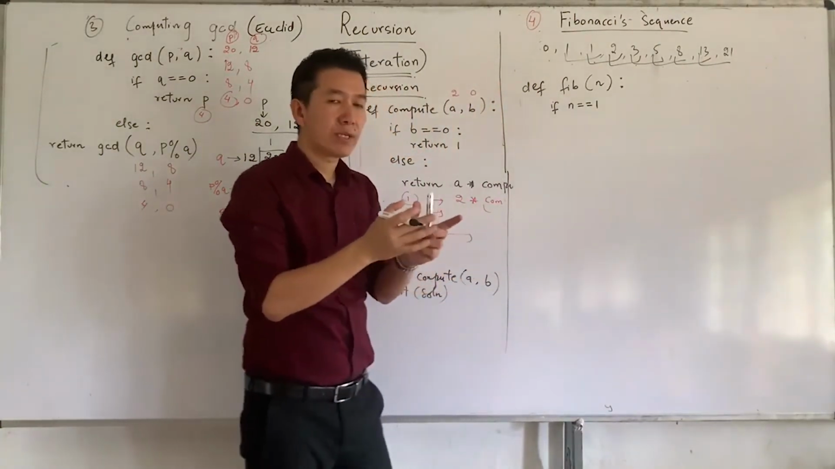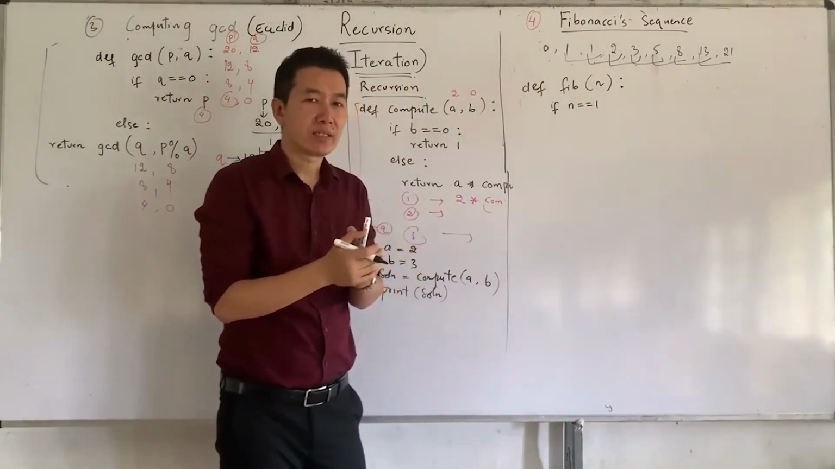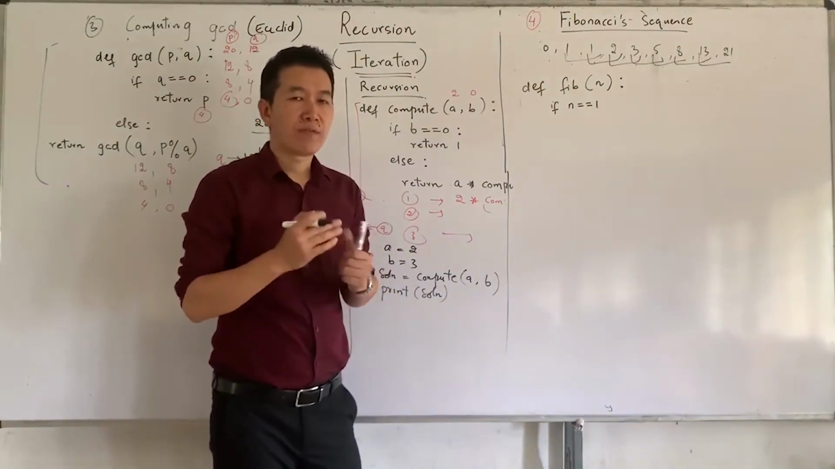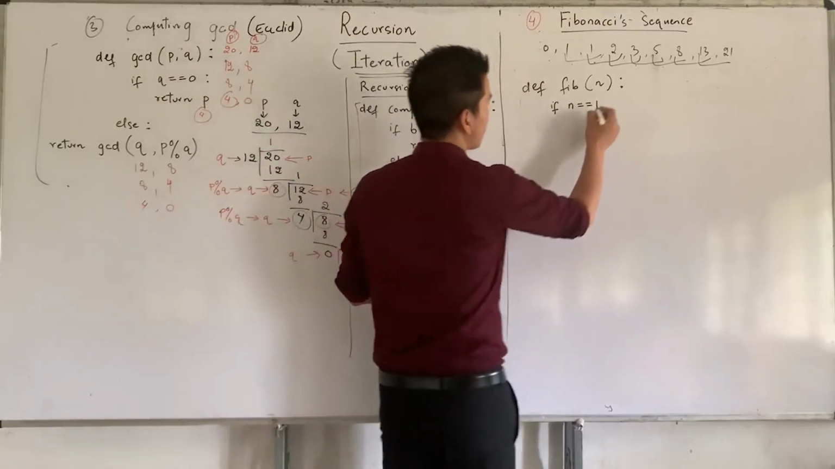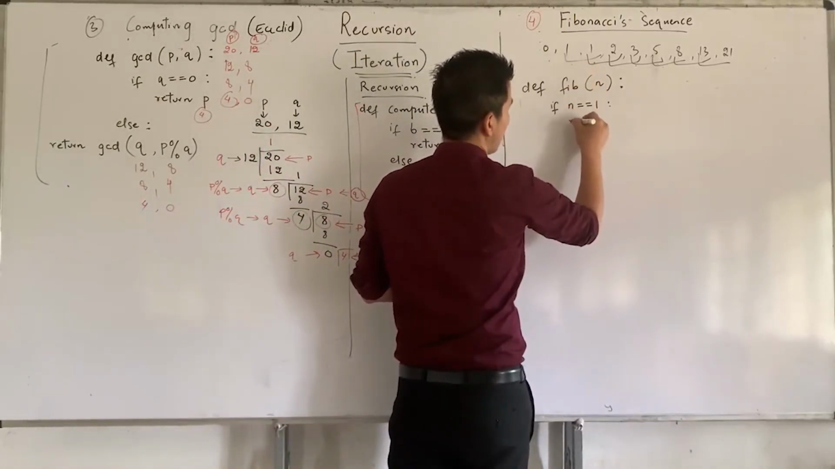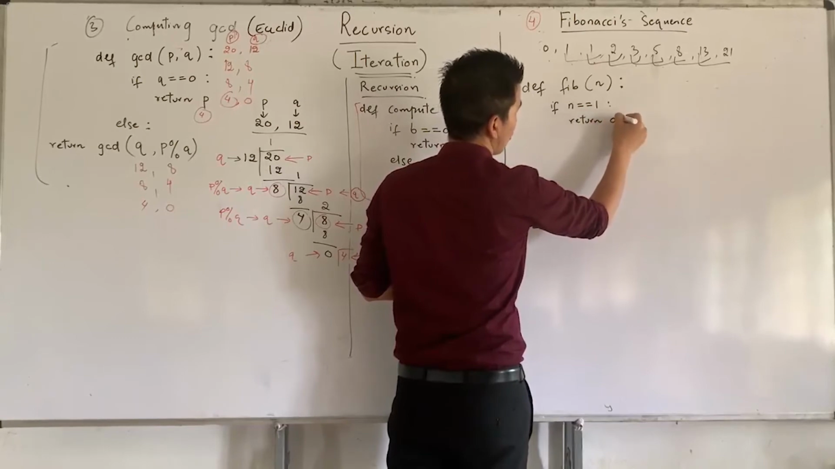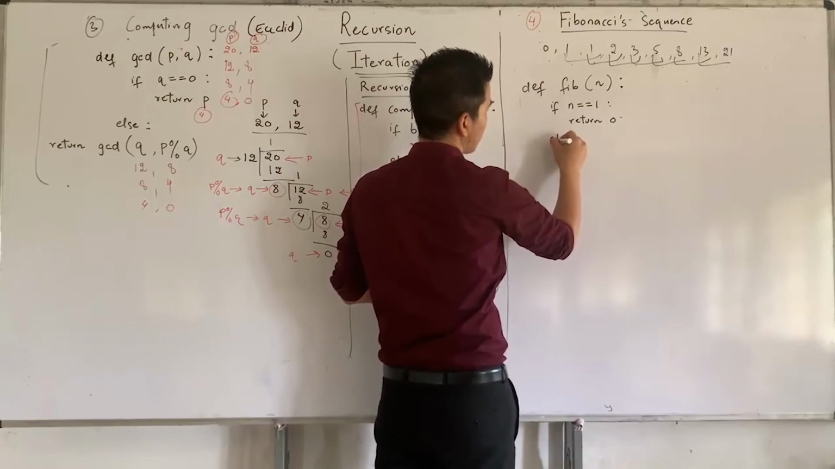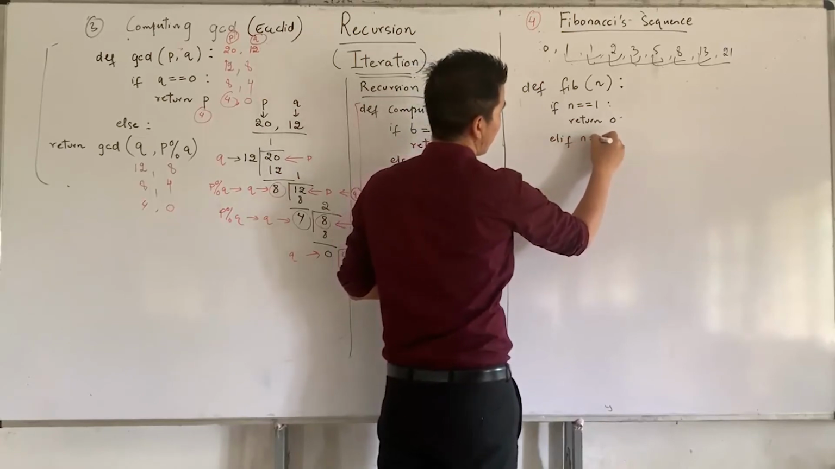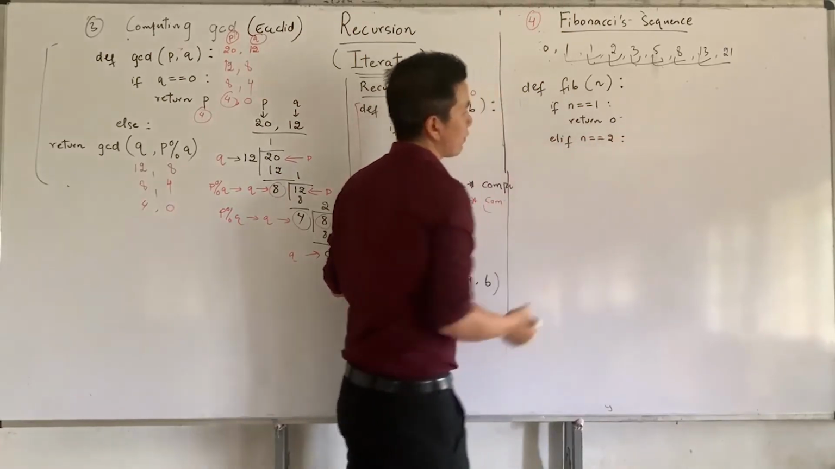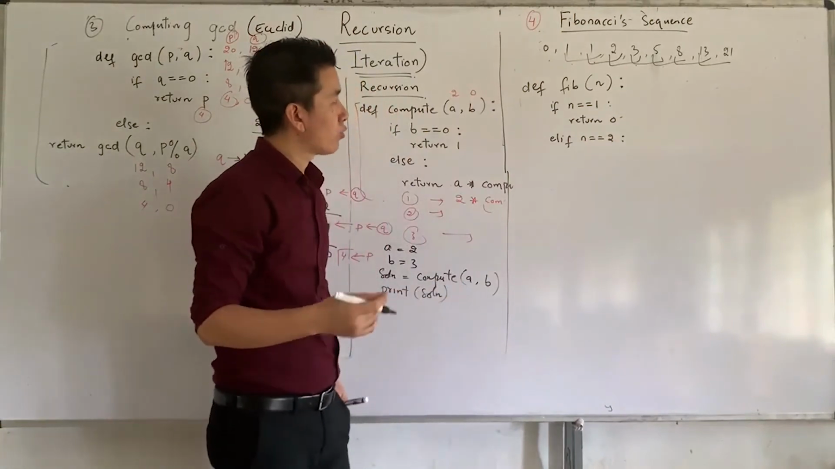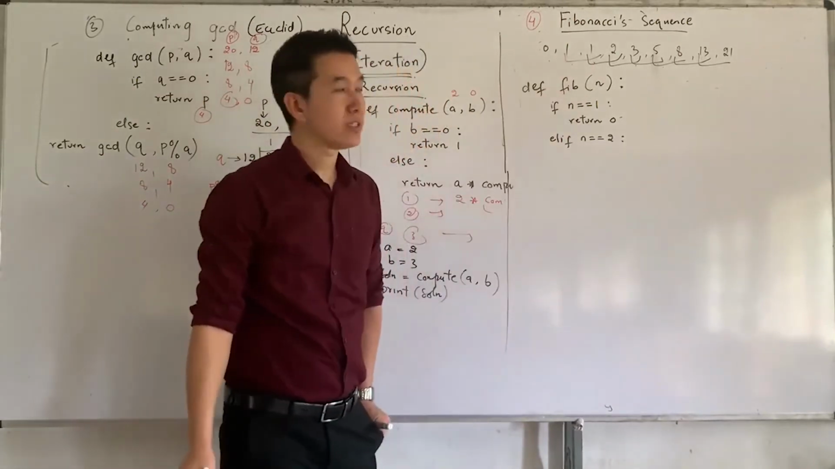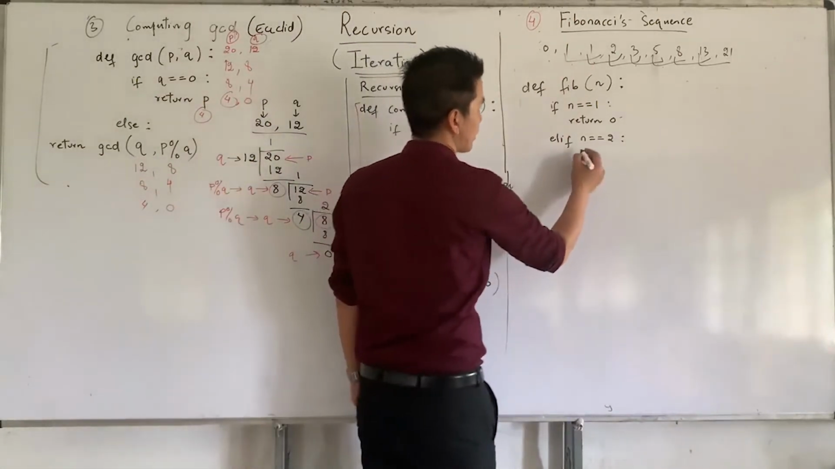If the value of n is equal to 1, what you mean is I would like to print only the first Fibonacci number, and that is always going to be 0. Return 0. Then elif, if the value of n is equal to 2, I would like to return the next number in the sequence, and that's going to be